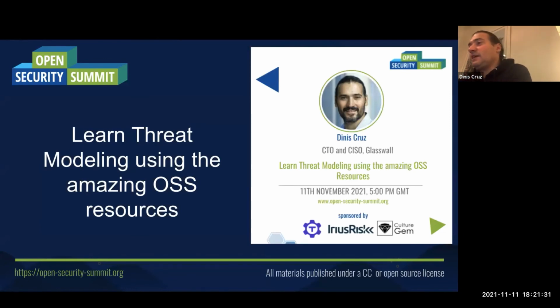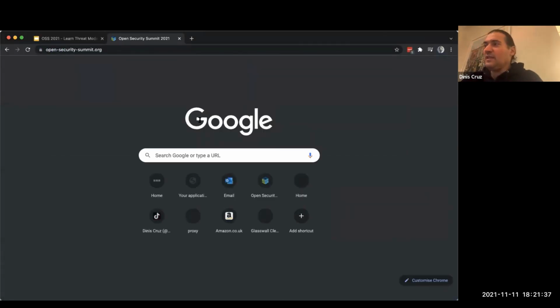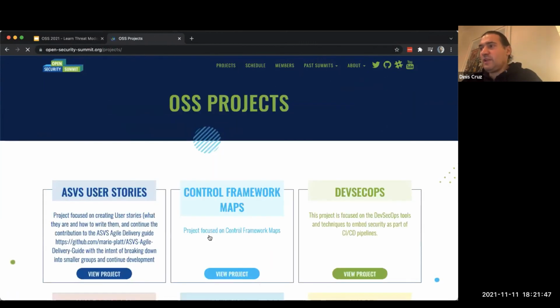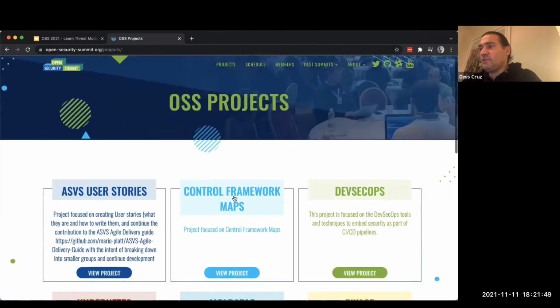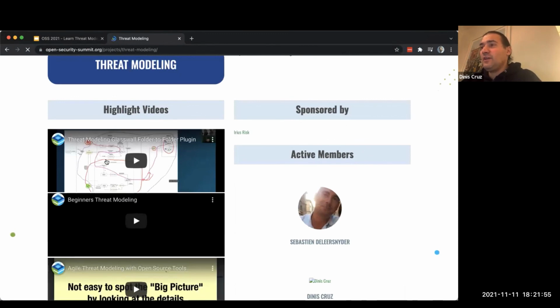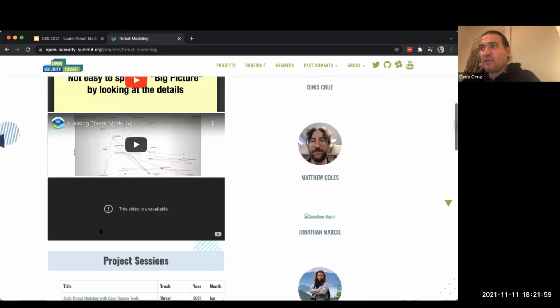And what I can quickly do is show you the summit site. If you go to the top, into projects, we're starting to map a bunch of different projects here. You can see the threat modeling project. It's pretty crude, but it already has the videos, and it has the sessions that have occurred.